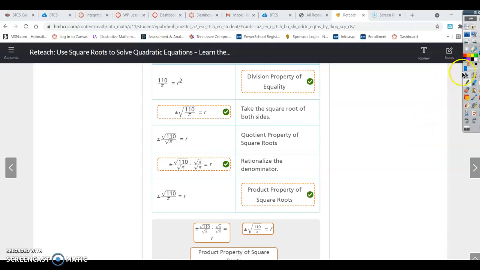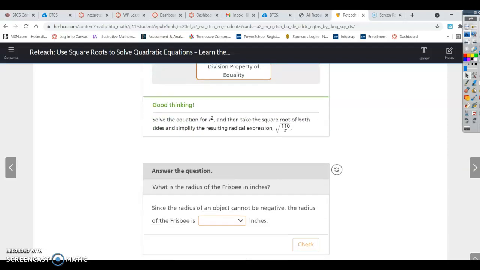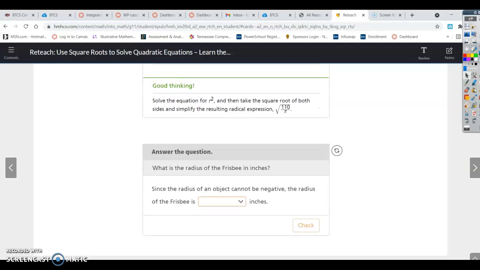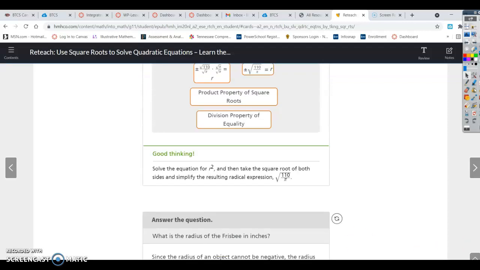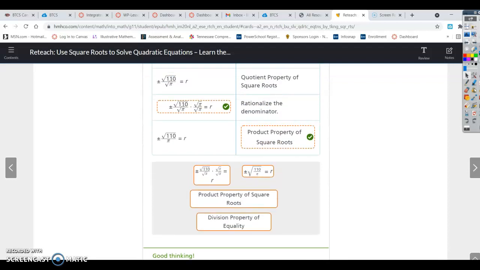And is that the last question? Let's see. All right, there's one more. Since the radius of an object cannot be negative, the radius of the frisbee is... All right, so let's go back up here and see. All right, so it should be the plus or minus square root of 110 pi over pi